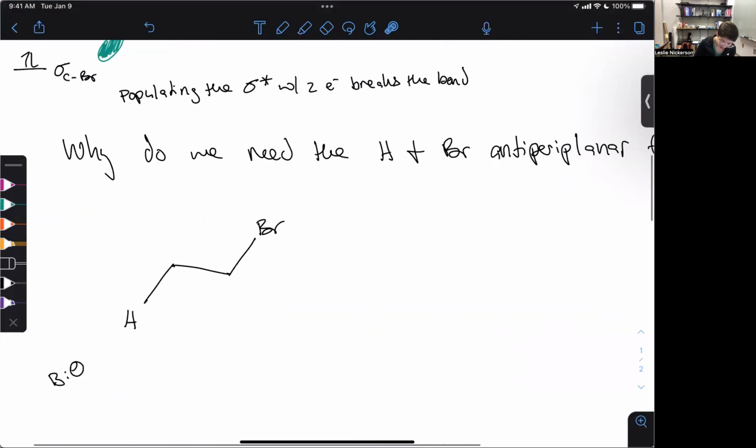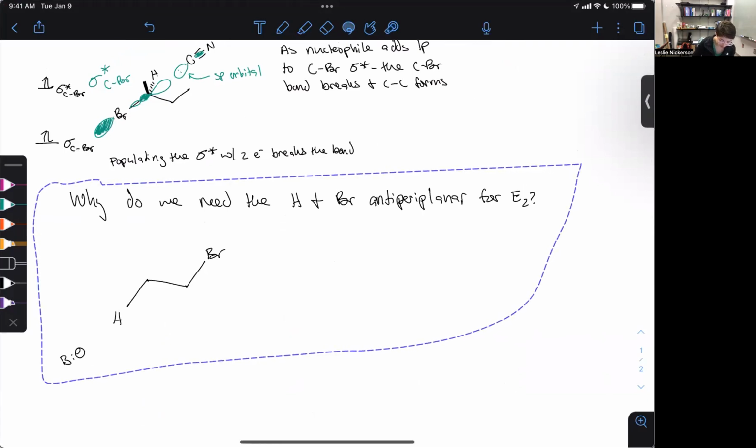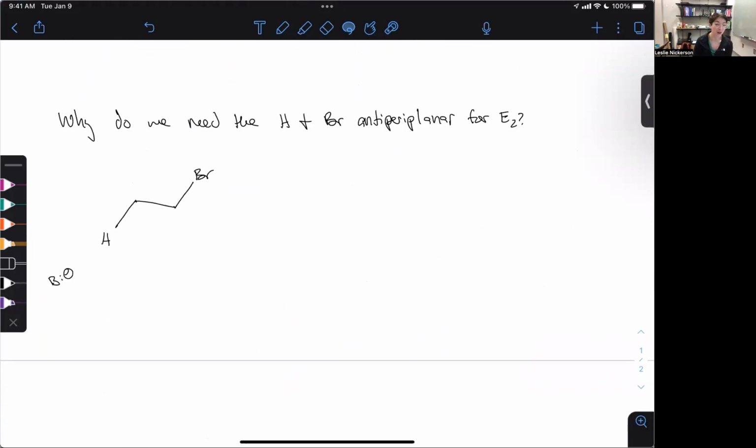Okay, so for E2, the real question is, why do we care about antiperiplanar? Because it seems very arbitrary, and then I'm just making stuff up. But there is legitimate orbital reasoning for why we are doing it the way we're doing it. So the main thing is, I first just want to remind us what a pi bond looks like, and keep in mind that's what we're making in an E2 reaction. So a pi bond is an overlap of two p orbitals